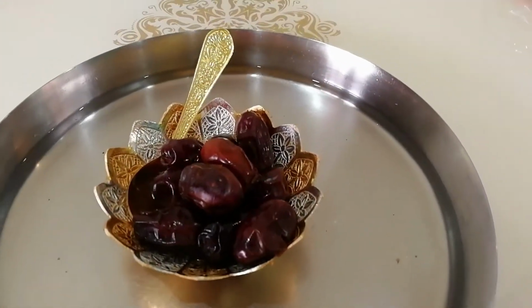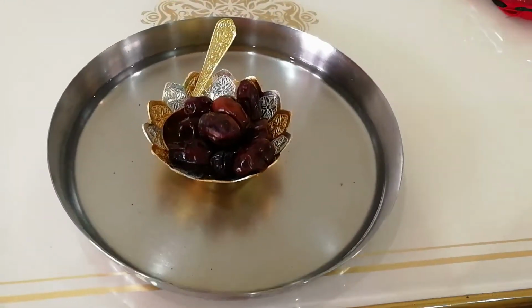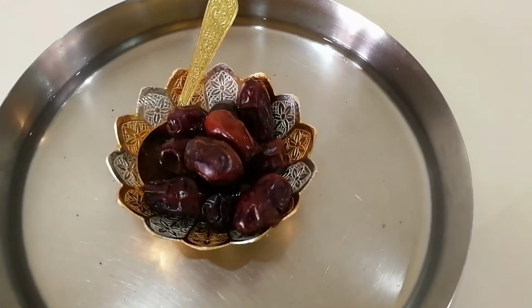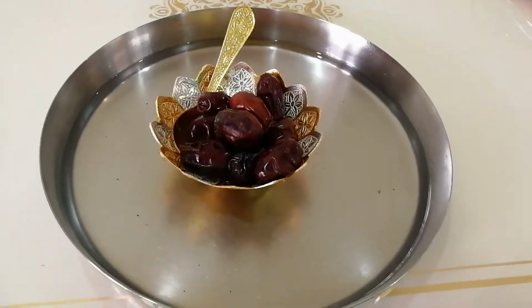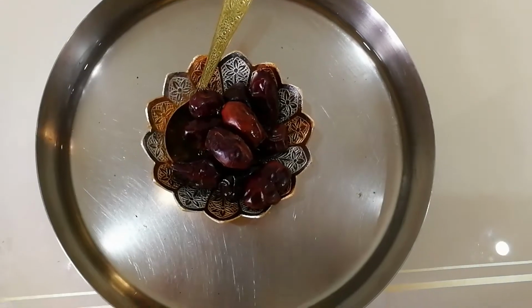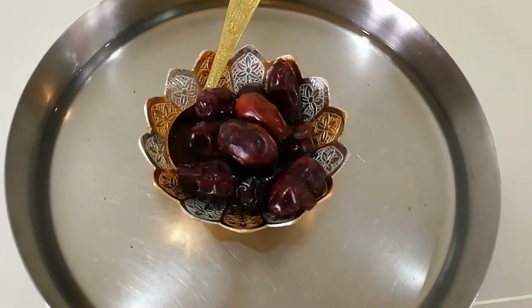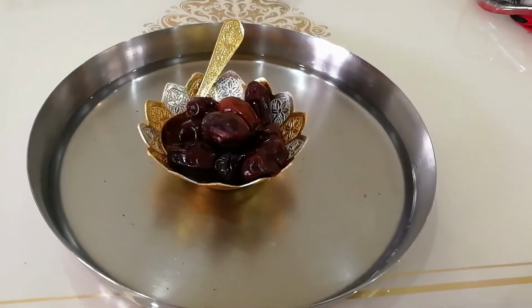Instead, take a plate or a thali that is medium height, place water inside, and then in between the water just place the bowl like this, and this will keep the ants away overnight, or maybe 1 or 2 days, and your sweet will stay nice whenever you want to eat it. And the cologne will help within 2 to 3 days, and over a period it will also solve your problem. So this is hack number 4, the immediate hack if you want to keep the ants away